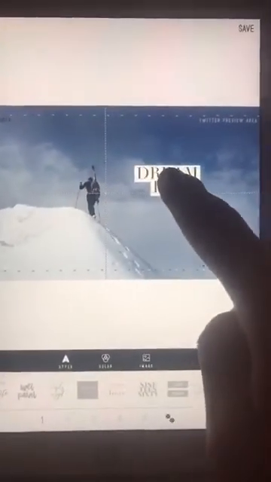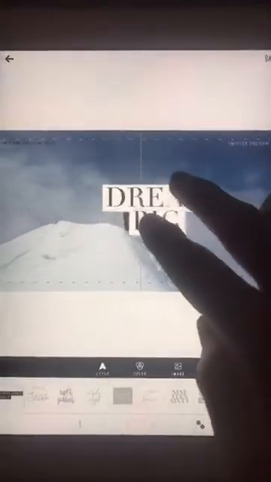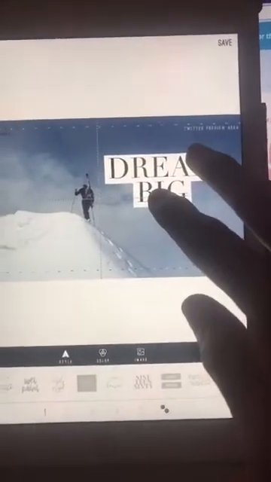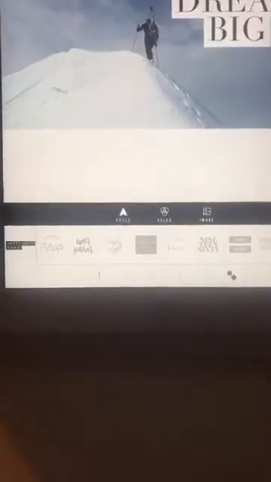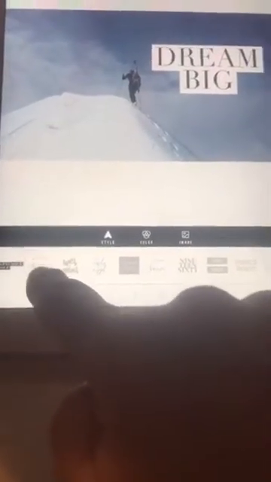Okay, so we've got dream big up here, and I'm going to do save and close, and there it is. Well, again, I don't like it right there over this little man, so I'm going to move it, and I can make it bigger, smaller, tilt it however you want, but there's lots of options down here in the bottom as far as the font goes. So I'm just going to click on these to show you what it does. So every time I click on one,